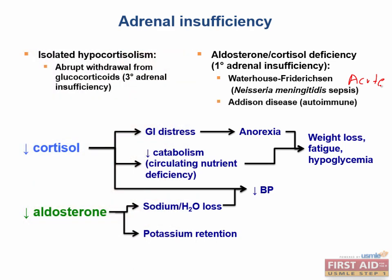Addison's disease is the term for chronic adrenal insufficiency, which is usually caused by autoimmune destruction of the adrenal cortex. This usually presents more insidiously than Waterhouse-Friderichsen, but can present acutely in times of